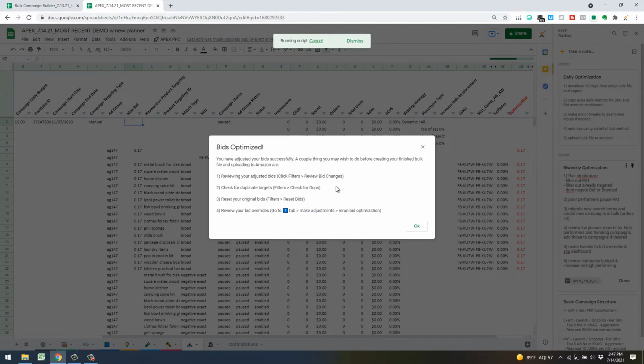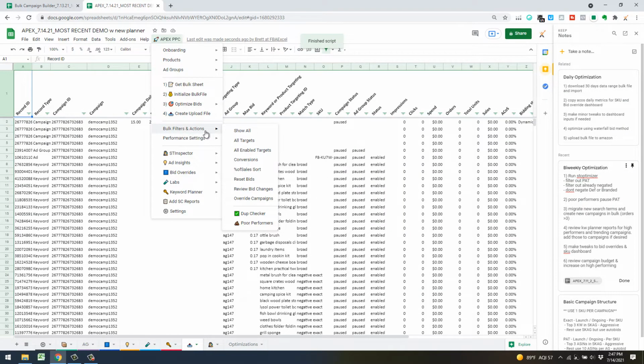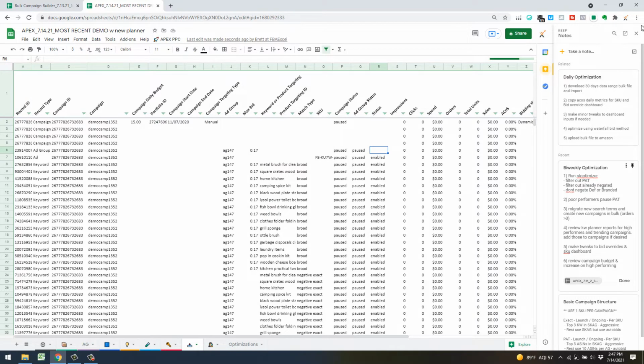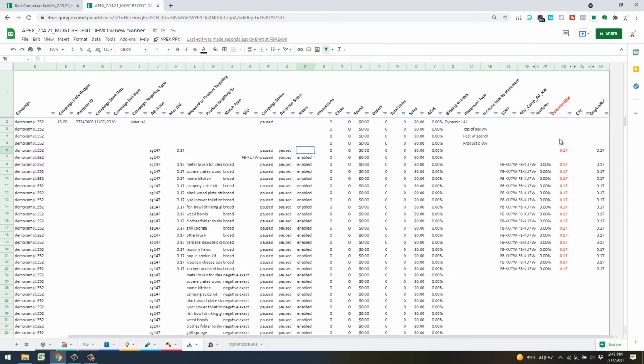You do have a few things you can do here. You can click a button to see the bid changes. Not everything potentially would have changed bids, so there's quite a few filters here. If we go up to Apex, bulk filters, so you can review bid changes. That's what I was pertaining to. If we hide this, you can see there's a few columns over here. There's our optimized bid. There's our current cost per click with anything with a conversion. Original bid, that's the bid that was imported before you did the optimization. So you can kind of see a